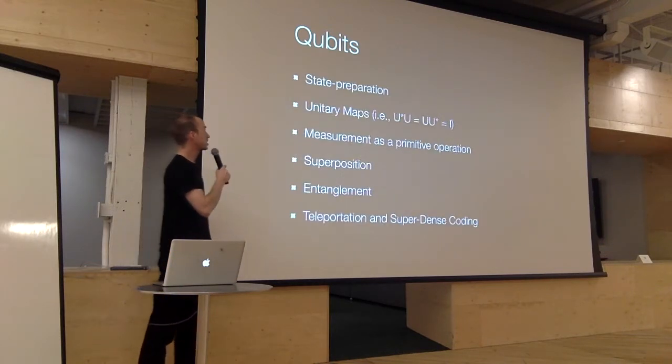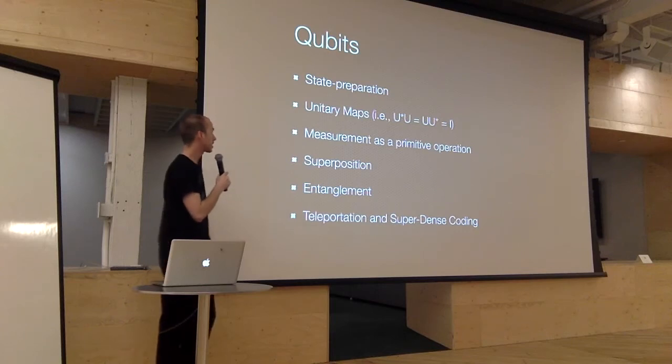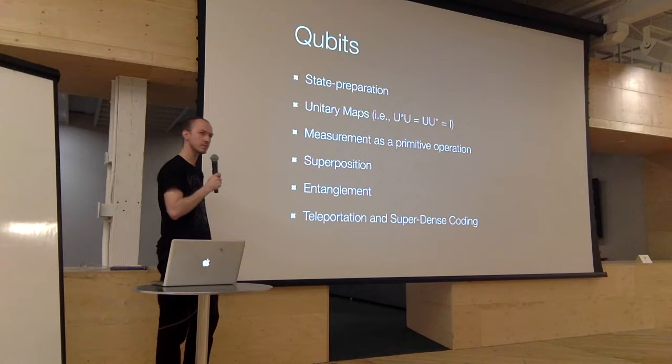So for qubits in the quantum lambda calculus, you actually have to prepare them every time you want to use them. Unlike classical bits, which you can just copy every time you want to, to effectively copy a qubit you would have to measure it and then create a new instance of it.